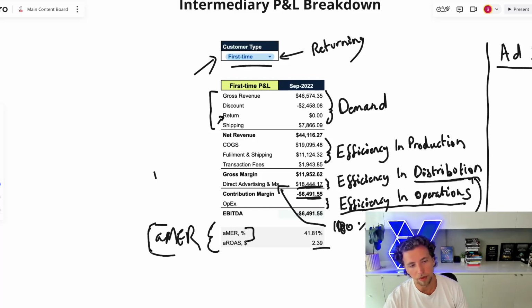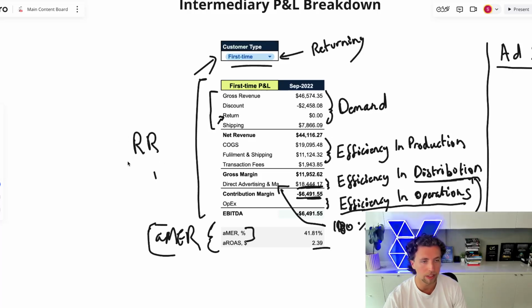And so acquisition MER, in the majority of instances, is the better KPI than MER. Looking at first-time customer metrics is generally a much better KPI if you're a paid ads partner, or if you're an e-commerce brand working with a paid ads partner, because you don't want to hold the paid ads partner accountable for returning customer revenue. This is nothing to do with paid ads. This is all to do with product drops, email and SMS communication frequency, and then the